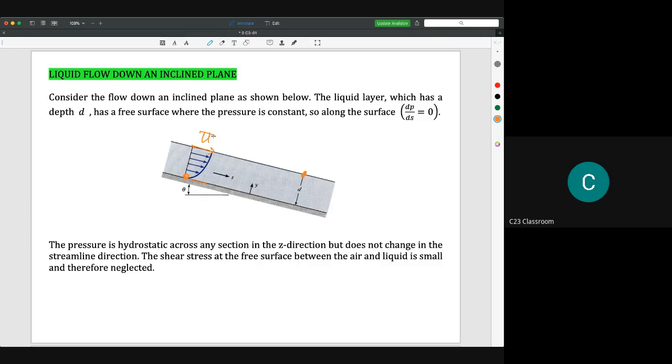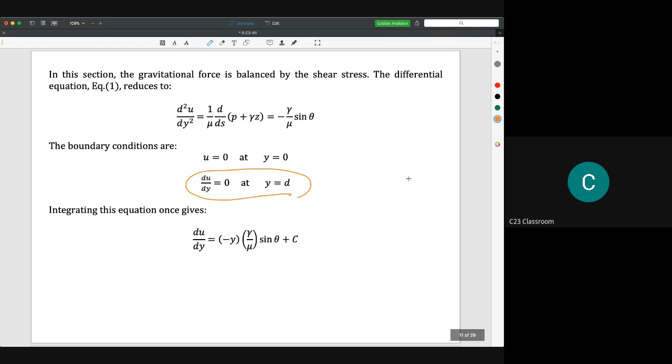So you have two choices: at y equal to d, u is equal to the free stream velocity, the capital U. But in some situations, especially this one, we found that using u equal to capital U is not helping us,